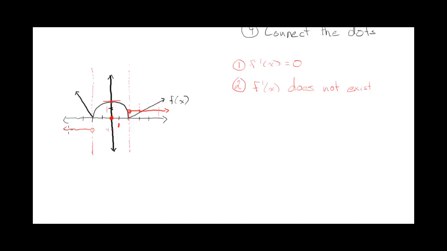So I've got there. And now in between these two points, this is my x-intercept, and I've said over here the slope is going to be negative, but it looks like it's approaching negative infinity. So it's going to be going down to negative infinity, approaching that asymptote. And then for this portion, it looks like it's approaching positive infinity. So it's going to be going up like that. So it's going to look something like this. So that'd be f